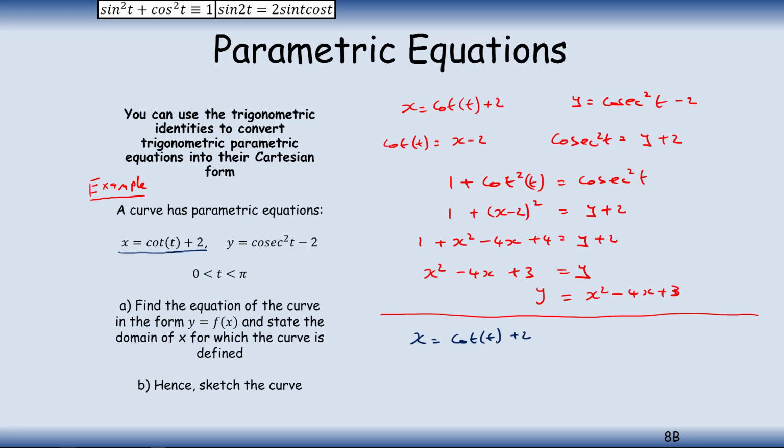So we need to sketch this function because it's running between the limits of 0 to pi. So a normal cot looks like this,